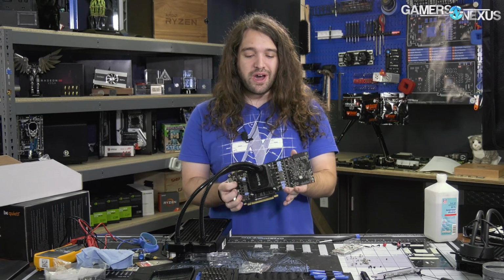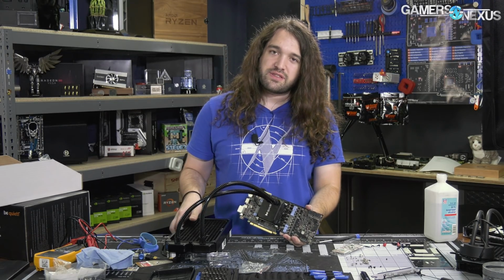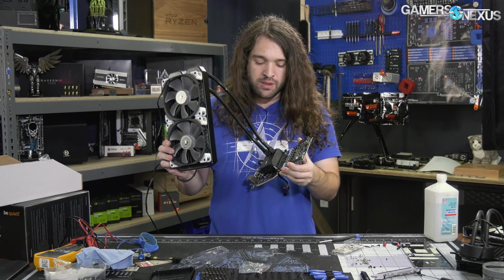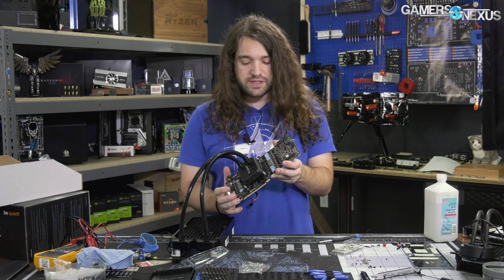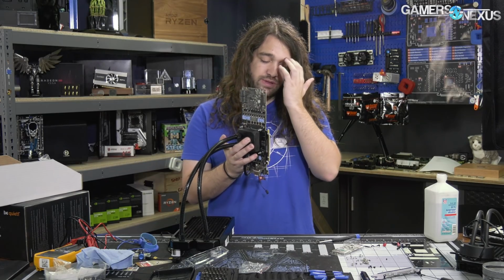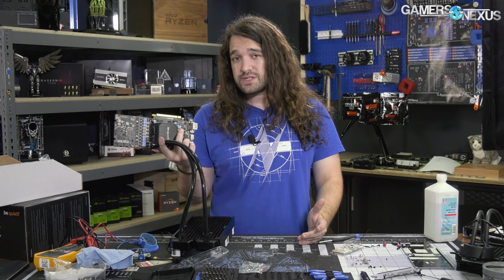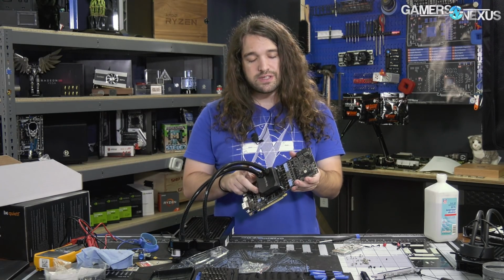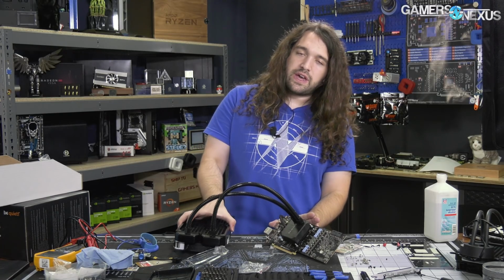So there's our hybrid mod. Way easier than the previous ones we've done with Vega FE, Titan V, some of the others even. But still, the EVGA old GPU CLCs do not fit on this, which is unfortunate because we like working with them. They're much easier to use. But we got the Be Quiet one on here, the CLC 280. It's what we use for the Titan V. Same hole spacing, I think, as the Titan V. And we've got 2 maglev fans on it, the Corsair